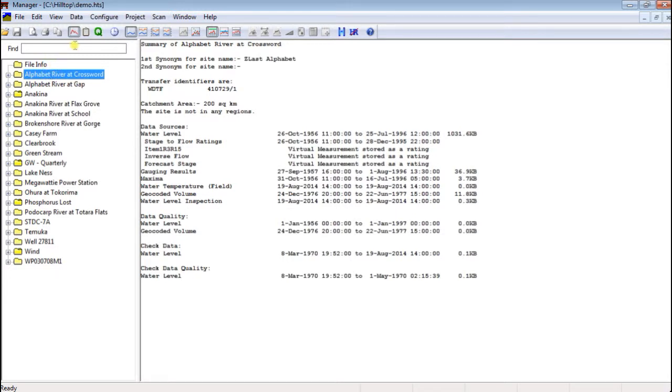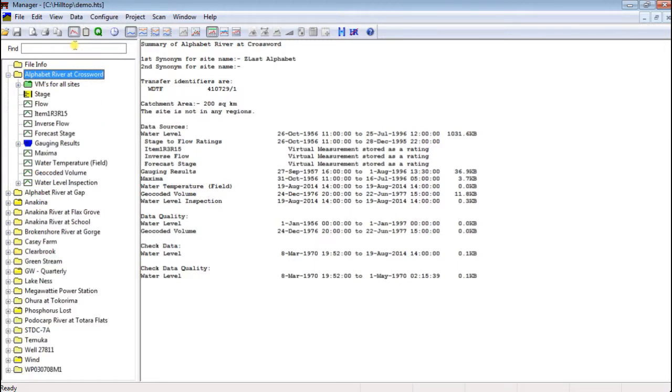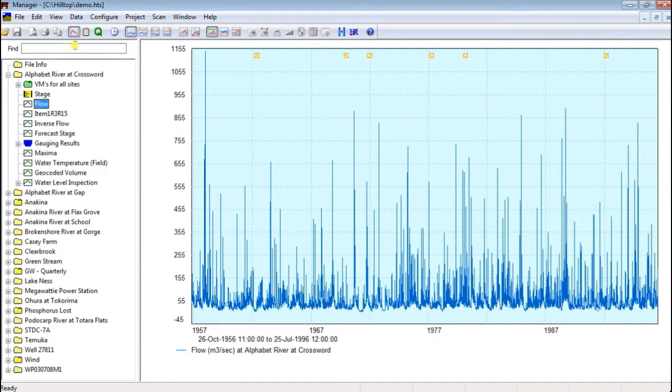You can use the keyboard to navigate around the tree using the down and up arrows. The right arrow will expand the tree. Clicking on a measurement will produce a graph of the data. You can zoom, pan and set the exact range of the graph, as well as access information that is stored